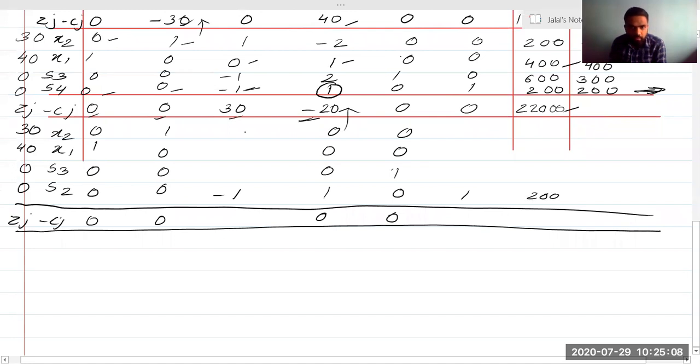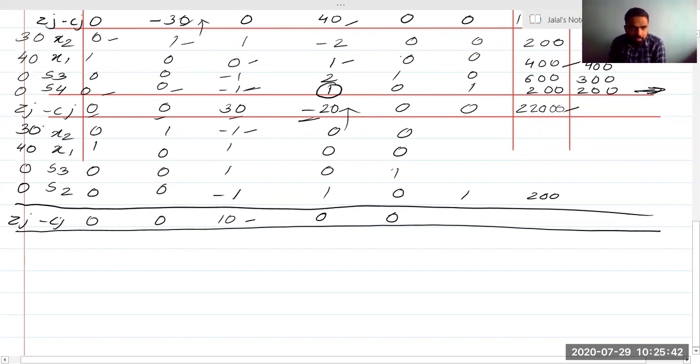Okay, now we need to find this value. So this will be 1 minus of minus of minus. So 1 minus 2 will be minus 1 divided by 1 will be minus 1. Okay, now 0 minus of minus plus, it will become plus 1 divided by 1 will be 1. Again minus 1 plus 2. Okay, so it is coming out to be 1. 1 divided by 1 is 1, right? So we have got all this value. So how do we need to find this value? This will be 30 minus of minus of minus. So 30 minus 20. Okay, so this is coming out to be 10 divided by 1 is 10.